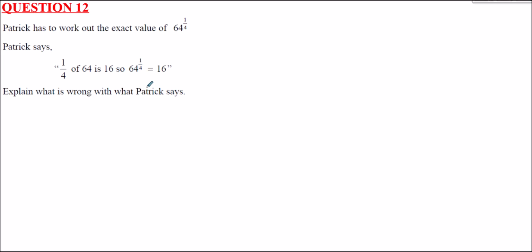So that's wrong. What I'd say is probably explaining in words what's wrong and also giving the correct answer just to absolutely beat the examiner over the head that you know exactly what this means. So there's no doubt in the examiner's mind that you, the candidate, know what this means. I'll give them the mark, no problem. So what's wrong with what he says? So I'd say something like, Patrick